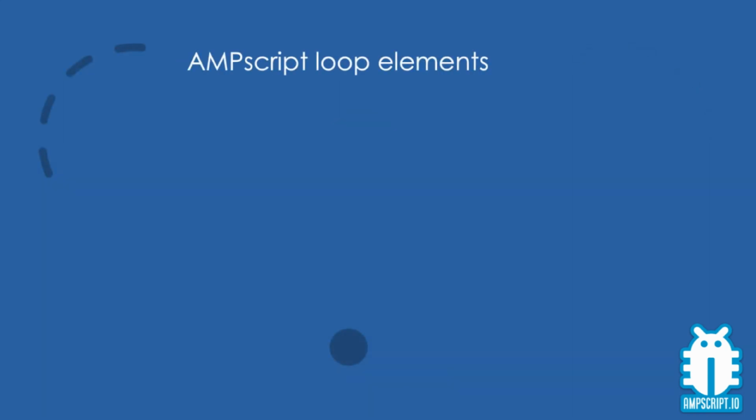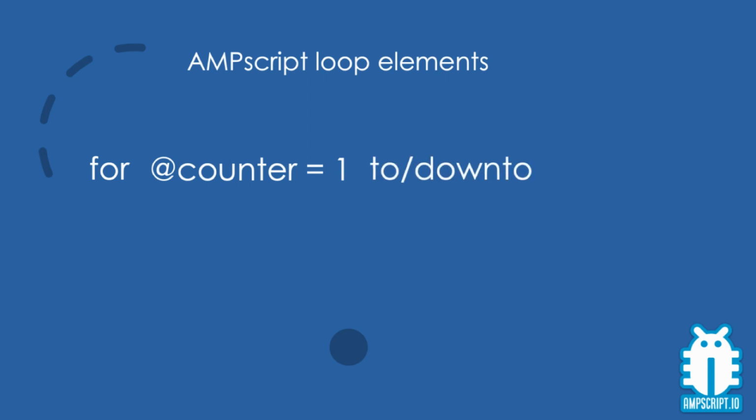Each AmpScript loop has 6 elements: an opening for statement, a loop counter with a starting index expression, a direction keyword indicating whether the loop should count up or down, an ending index expression, which can be a predefined number or a variable, a do keyword, and a next keyword. You are not required to add the counter variable name after the next keyword, but it can come in handy, especially if you are working with more advanced nested loops.